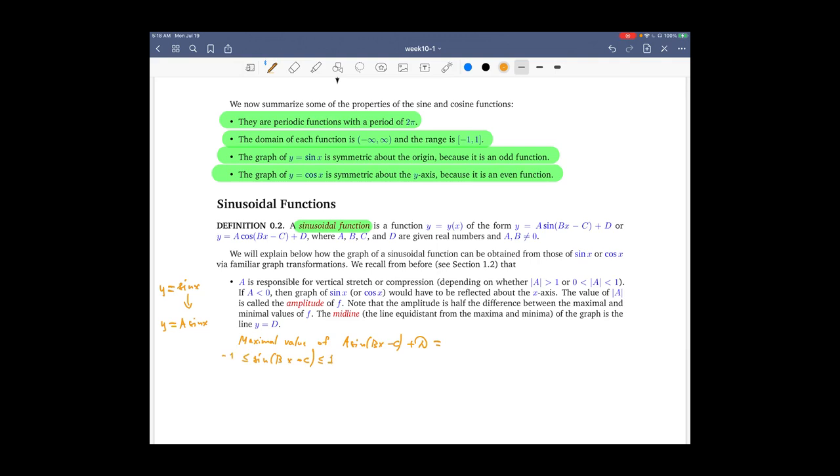And if I multiply each side of this inequality by the positive number absolute value of capital A, I naturally get that this is between negative absolute value of A and positive absolute value of A. So the maximum value of this is absolute value of A. And of course, on the other hand,